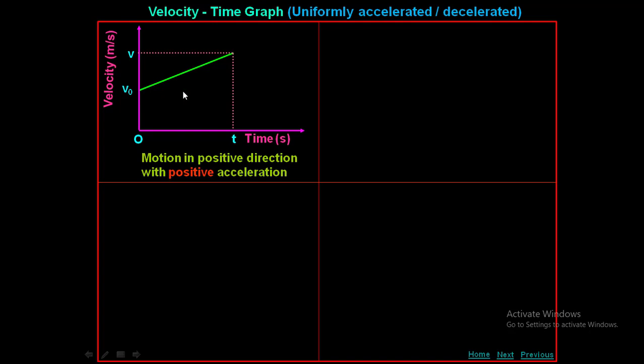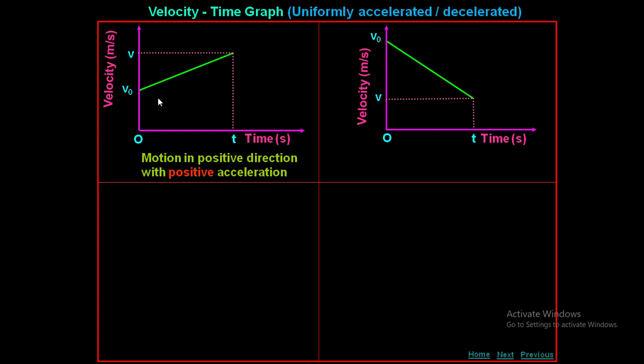The slope of this graph will represent the acceleration. Remember, whenever you want to determine the acceleration in velocity time graph, we have to find the slope. If you find the area under the given curve, it represents displacement. This is for velocity time graph. Always remember these 2 points. To represent displacement, we have to find the area under the curve for velocity time graph, and to find the acceleration, we have to determine the slope for velocity time graph.